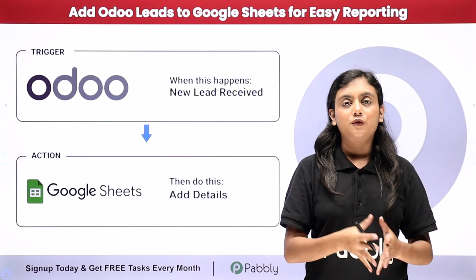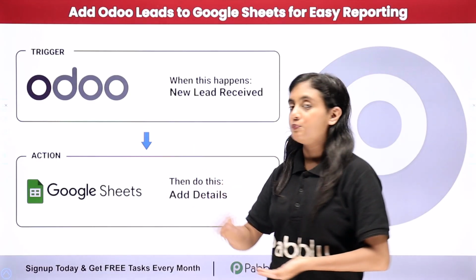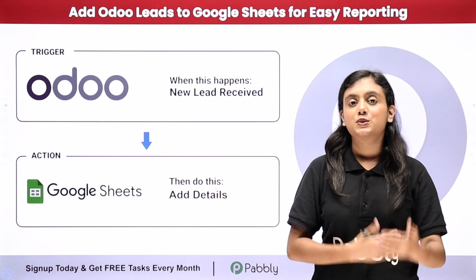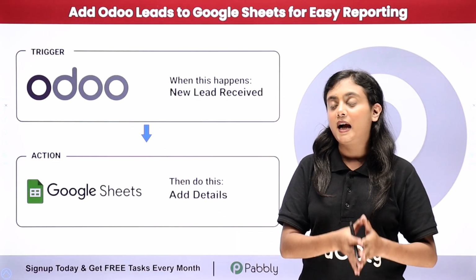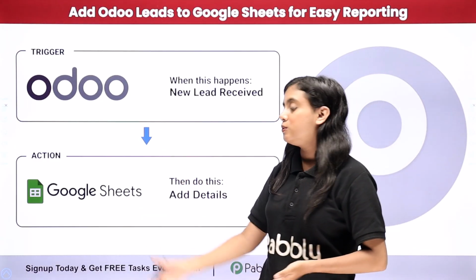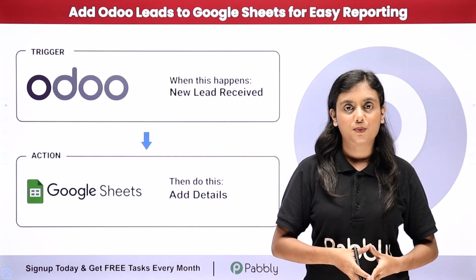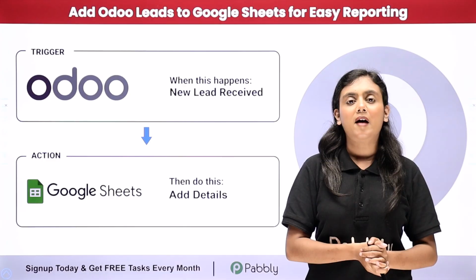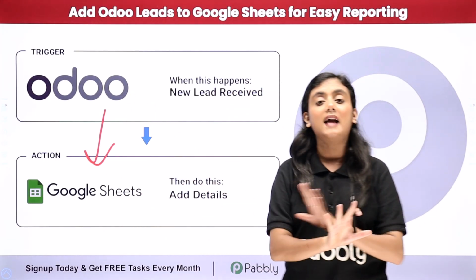So I am an owner of a business and I manage the activities of my business using Odoo. Over here what I want is that as soon as a new lead is added in my Odoo account, I want to create the data of that lead, a record of that lead in my Google Sheets. Now doing this manually is a very time consuming and hectic process. So to solve the problem, I built the connection between these two applications without need of any coding and programming